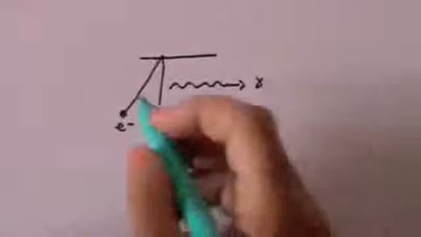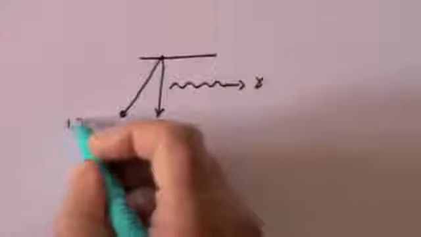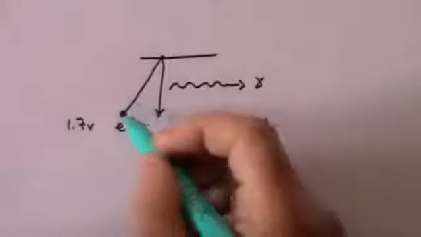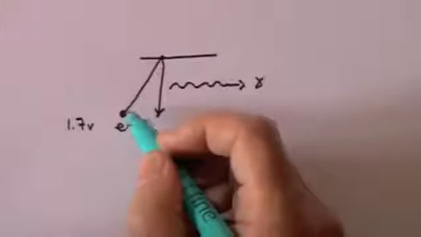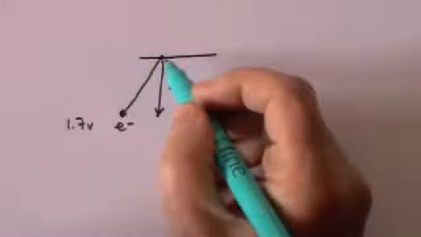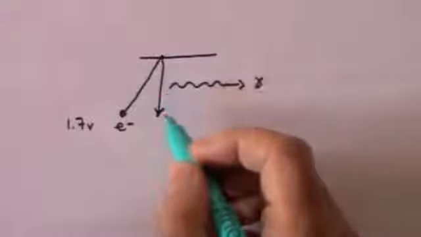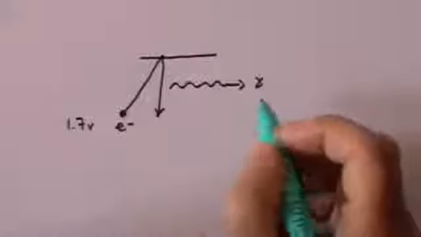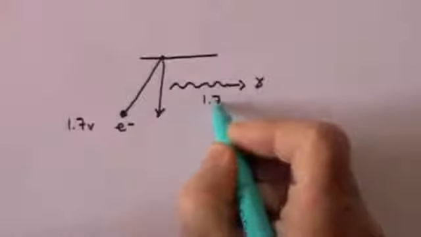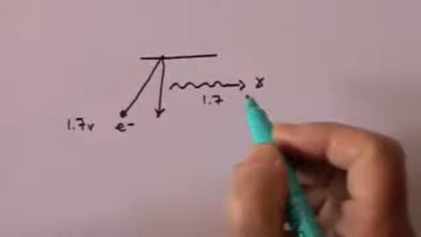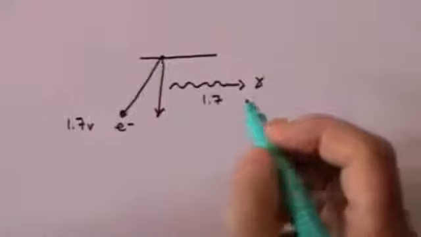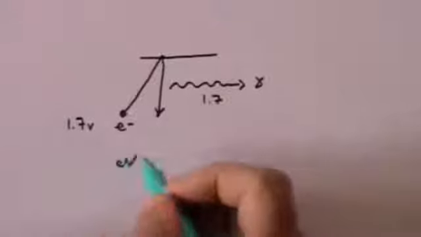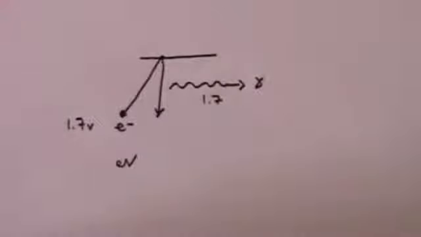So the idea is that by putting 1.7 volts across the light emitting diode, we are giving the electron enough energy to jump up to the next energy level, from which it then falls, and it gives off that energy as a photon. So it must be giving off 1.7 volts, but volts is not a measure of energy. The energy term that we use is an electron volt. And an electron volt is a